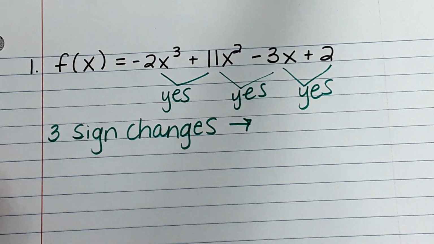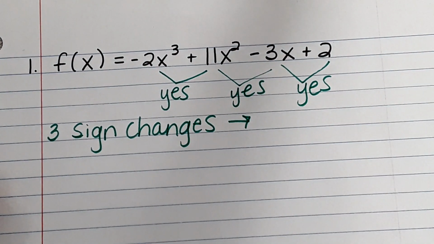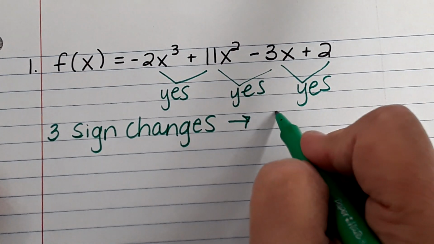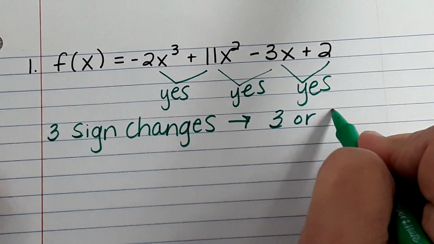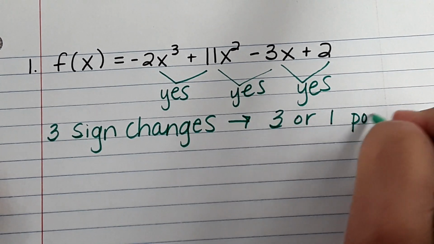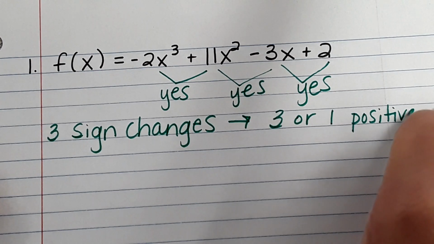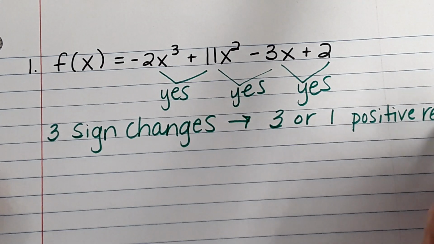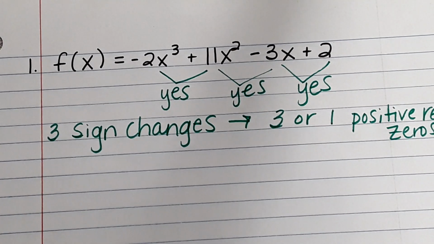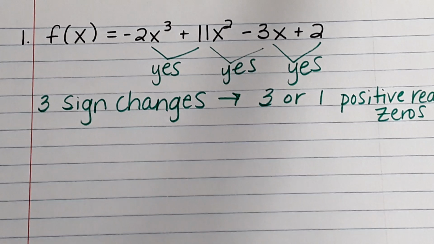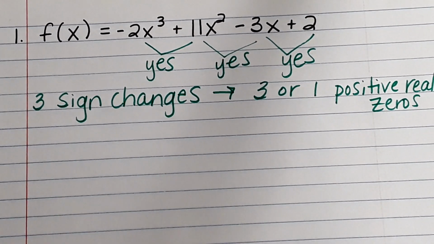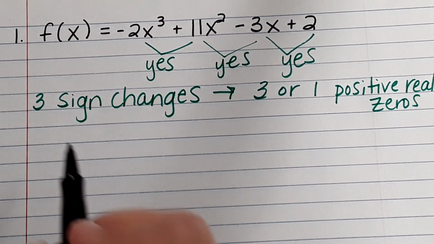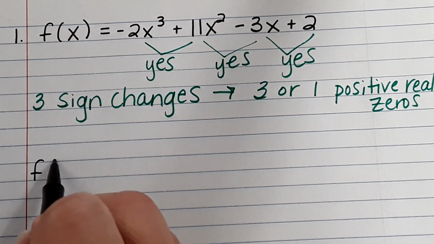What does that mean? Three or one positive real zeros. So remember, you guys, it always decreases by 2 and it never goes into the negative. So 3 or 1 positive zeros. Now, we have to do the inverse, right? So to do the inverse,